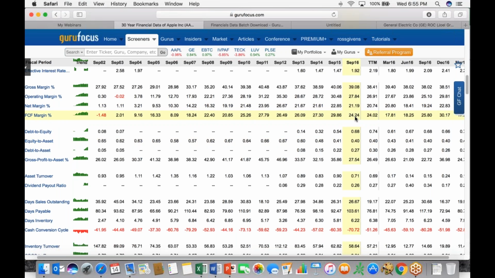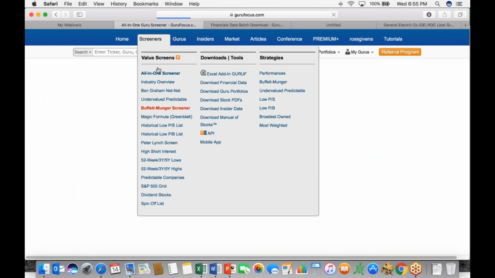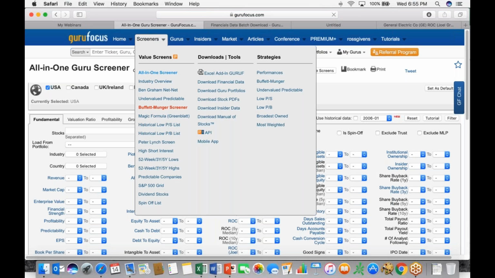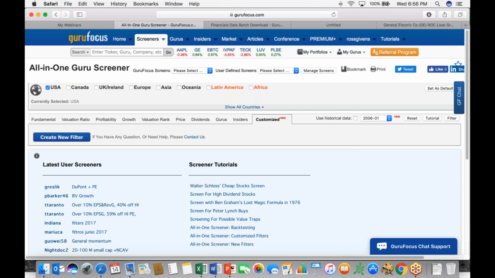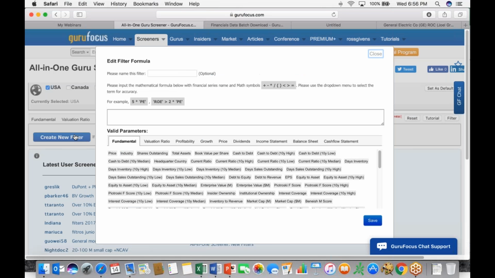And Ignacio, if you're looking for ways to do screens based on mathematical formulas, I would encourage you to watch that same tutorial video. But here's how you do it in the all-in-one screener. You look up here at the top and notice we've added something called a customized option. That's where you enter your custom formulas. All you have to do is click create new filter. For instance, you wanted to look at